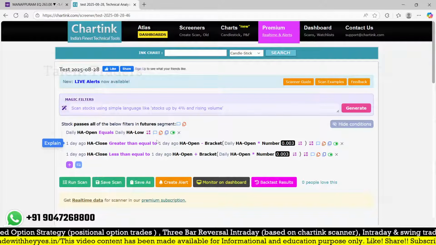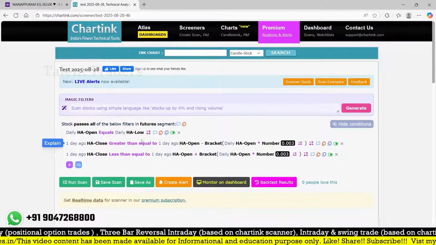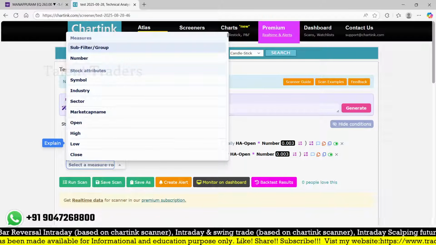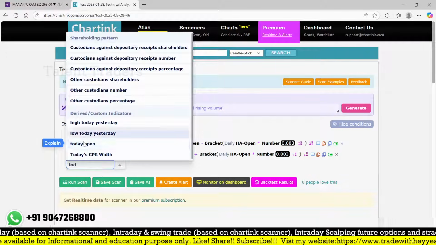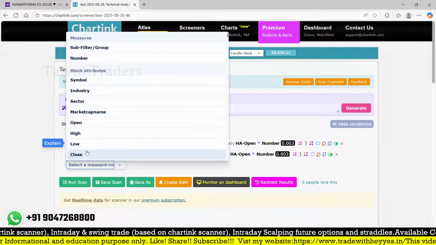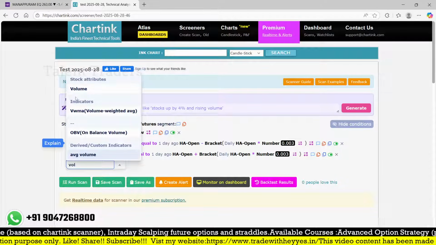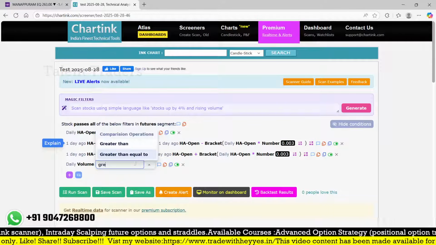This one is for a single day. We can easily find it, and also we can test the volume. Let me go for today's volume. Today's volume greater than